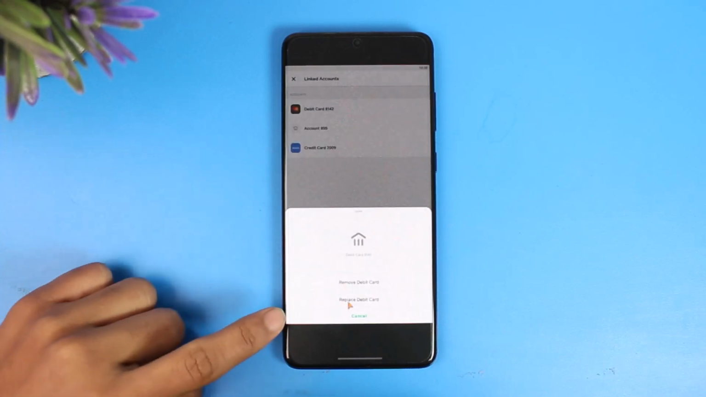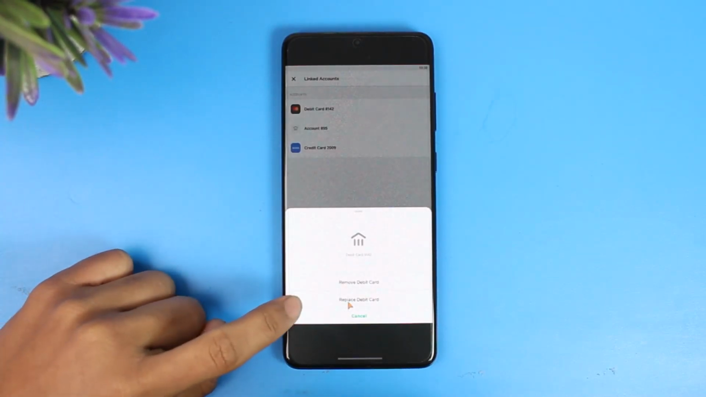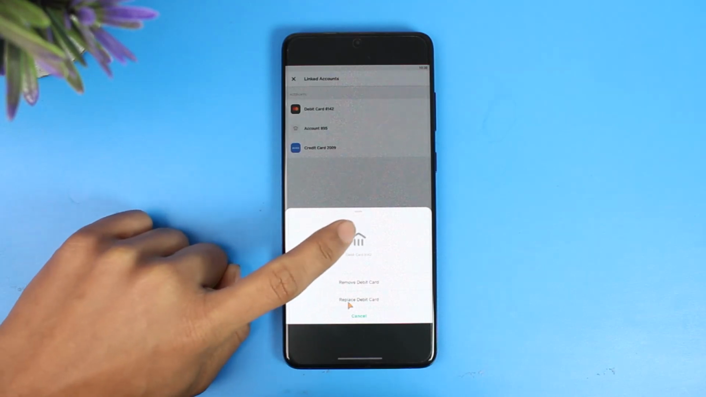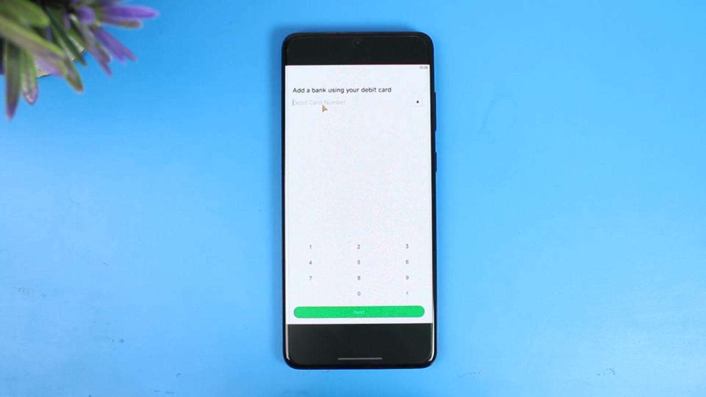In order to change our debit card, just tap on the debit card button over here, and as you do that, at the bottom you'll find remove, replace or cancel. So since we're trying to change it, we just choose the option that says replace debit card over here. Once we tap on replace debit card, you'll see this kind of option that says add a bank using a debit card. Now you can simply enter the new debit card number that you might want to add, enter the CVC, the zip code and anything else that this requires, and that's all it takes to change your debit